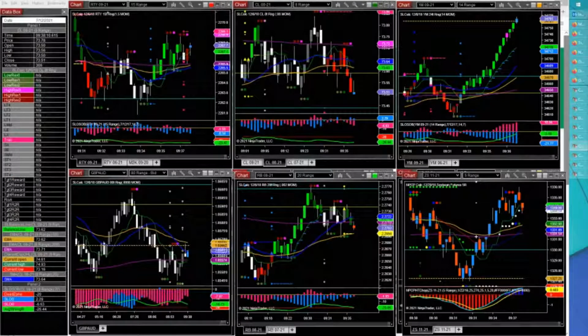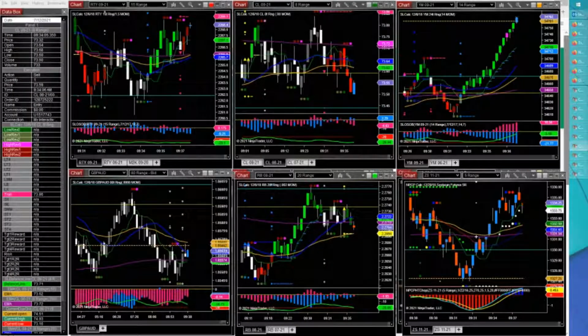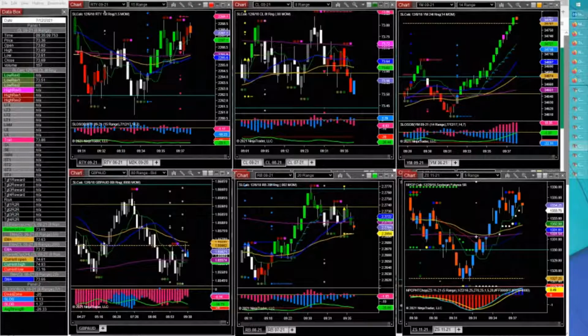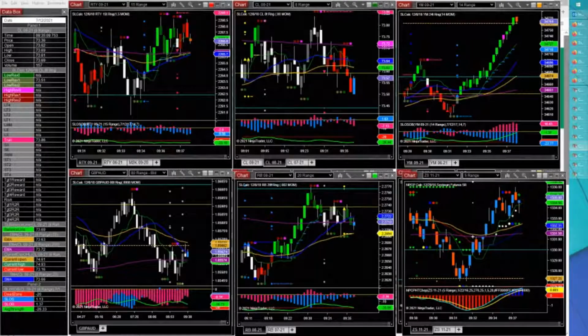Crude looking like it's pushing down toward its target, toward its money management and target. All right, trade today has picked up a long trade that's hit target on my chart. The long trade,